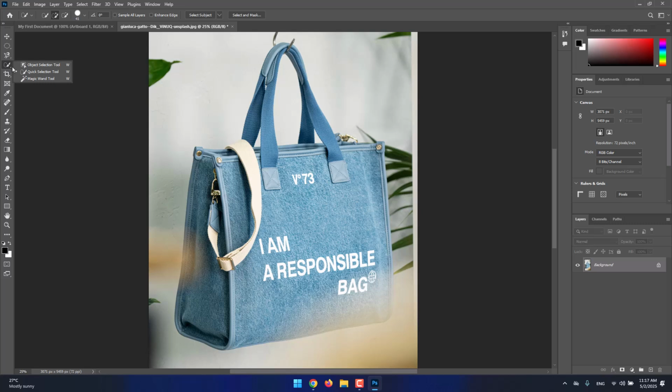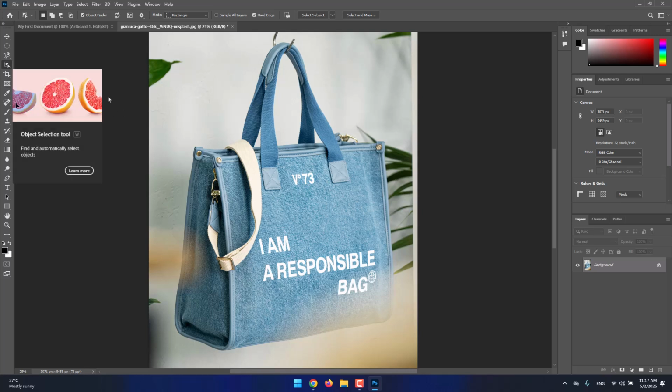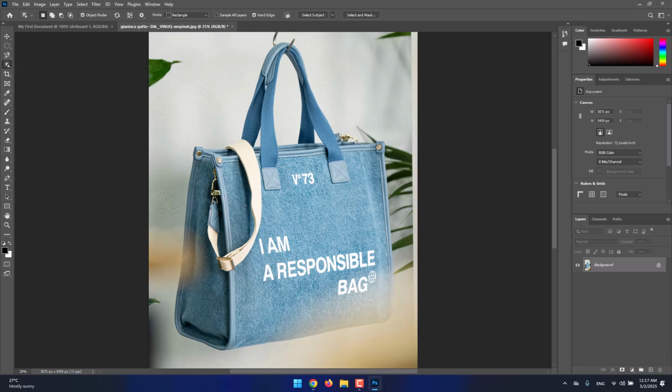So I press Ctrl D and go to the next tool that we have over here, which is the Object Selection Tool. So the Object Selection Tool is a very new one inside Photoshop. This is actually also very cool. I do really like it. So how the Object